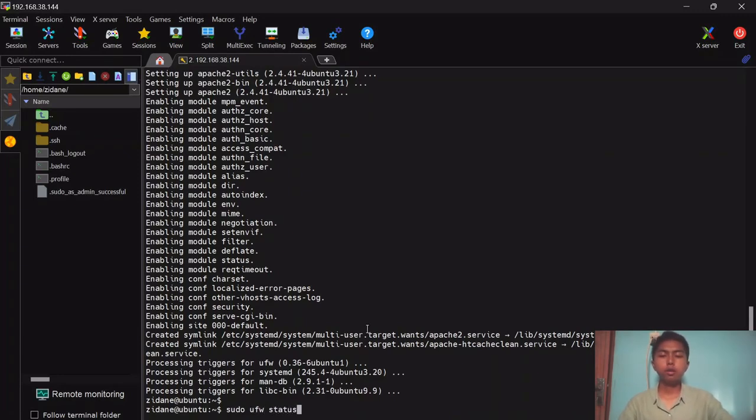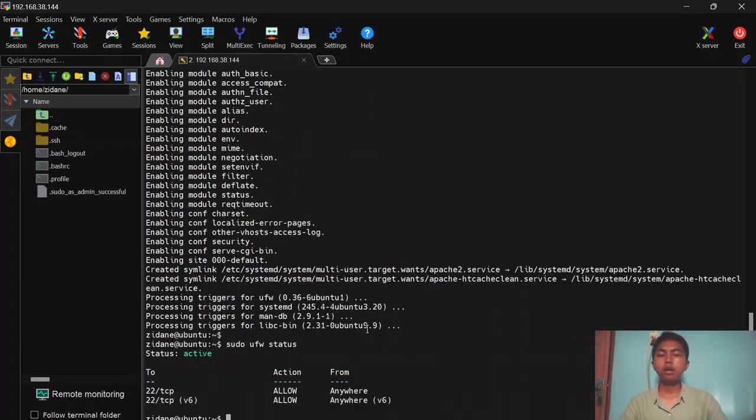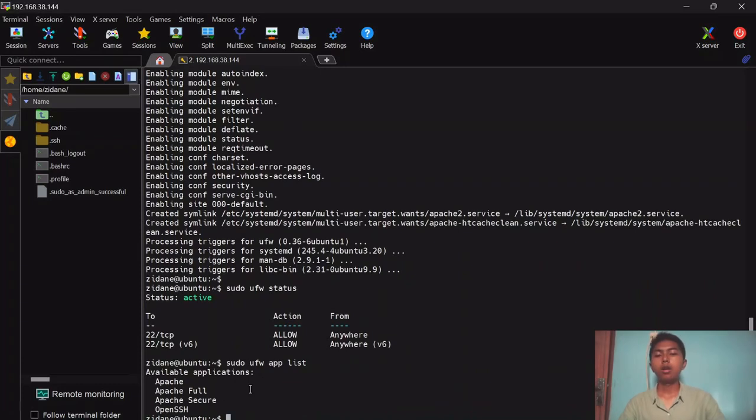You can check the status of your firewall first, and it says it's active. Then sudo ufw app list. Now you can see there are some options here,